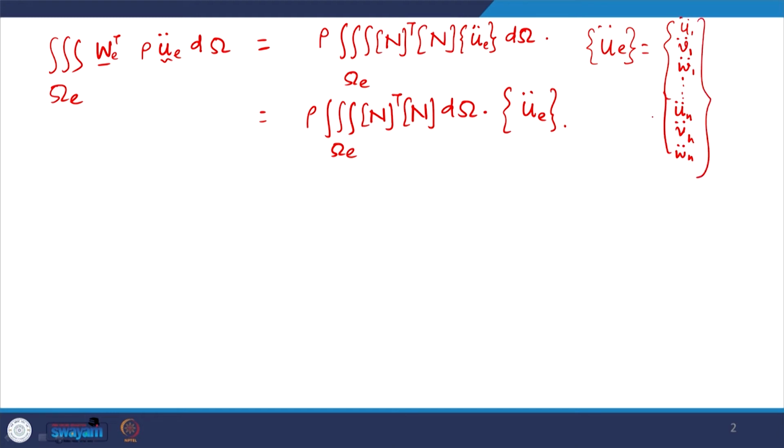So, that is the vector of nodal accelerations, and this matrix will be,